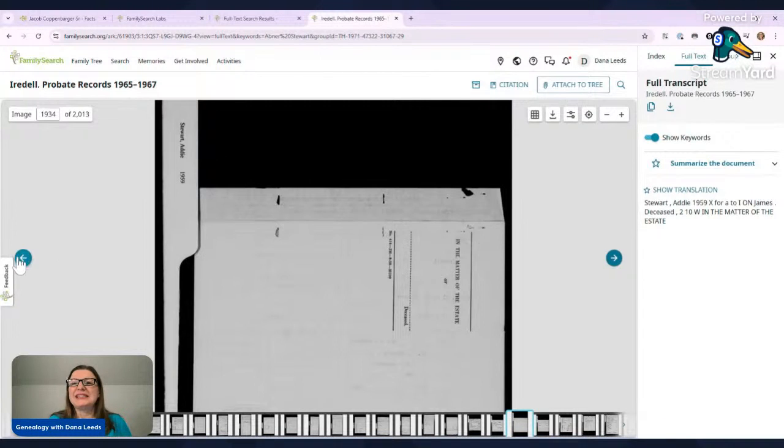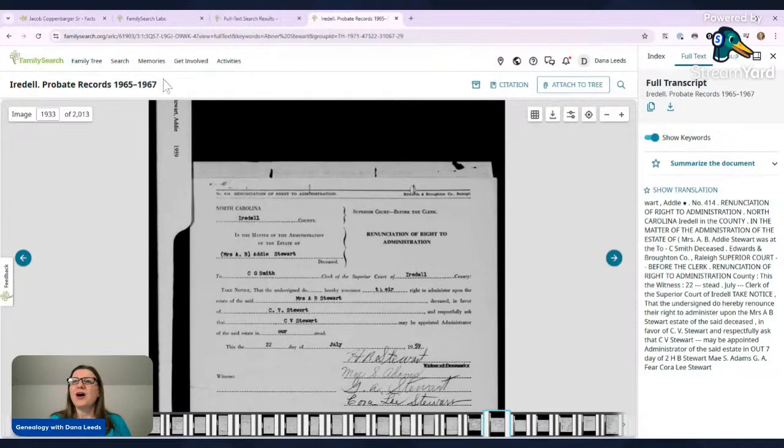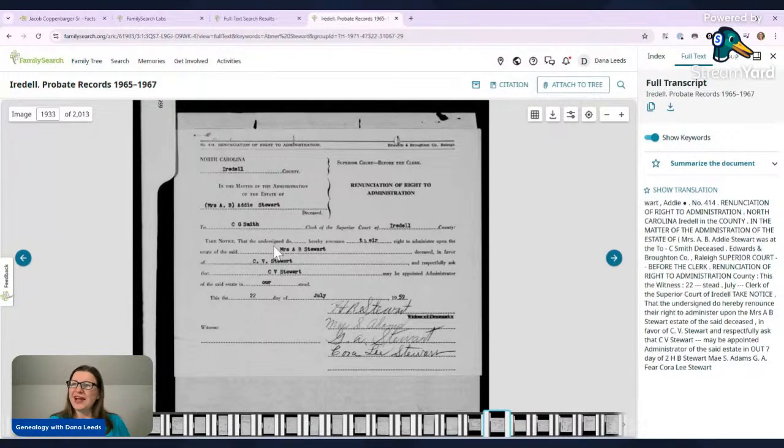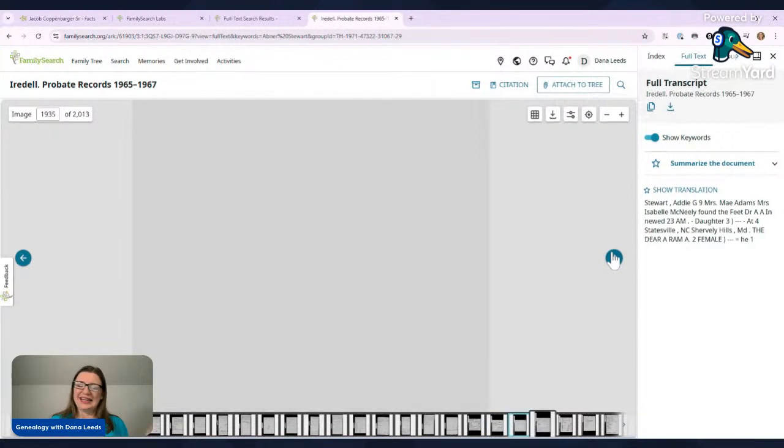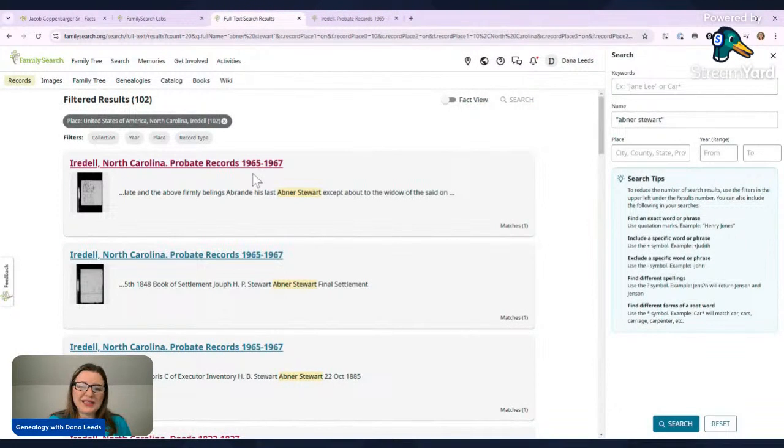But the next person is Addie Stewart, 1959. That doesn't actually even quite fall in, although it probably finished between 1965 and 1967. And I just found this today, and this is an incredible record because I know who Addie B is, actually, B. Addie Stewart, who she is. She actually married a Stewart also, and this is one of the descendants of Abner, and it's this whole court case, and it's fascinating, and I can't wait to dive into it. But so you need to, that's just a tip, is even when it says something like this and you're like, huh, my person was not in these years,